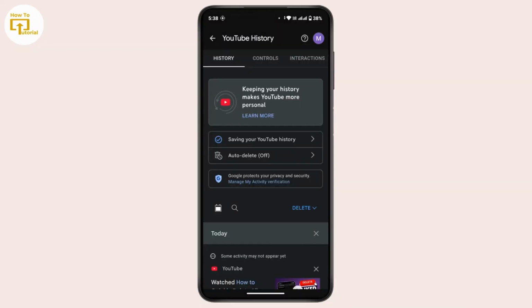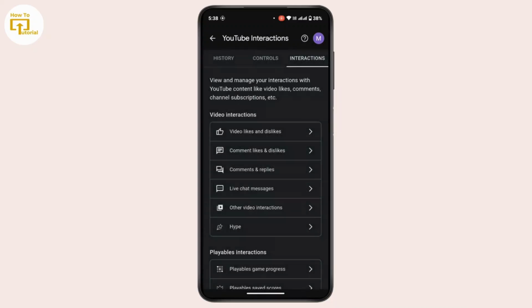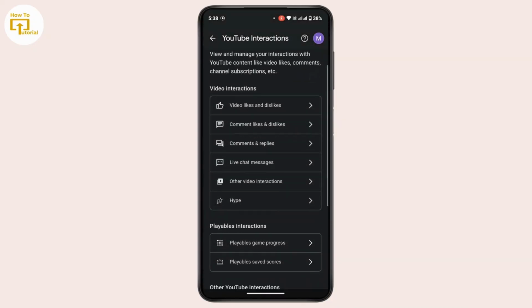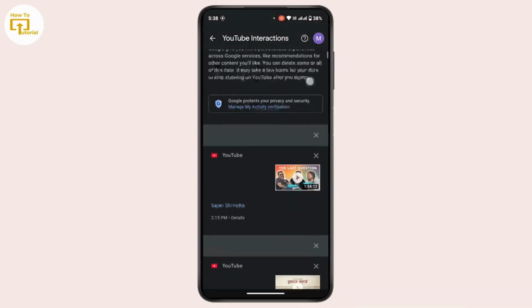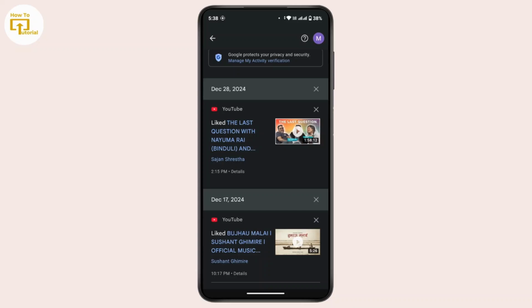After that, navigate at the top of this page. There you will find interactions option, tap on it. After that, under video interactions, there is video likes and dislikes, tap on it. Scroll down a bit and here you will find all the videos that you have liked or disliked on your